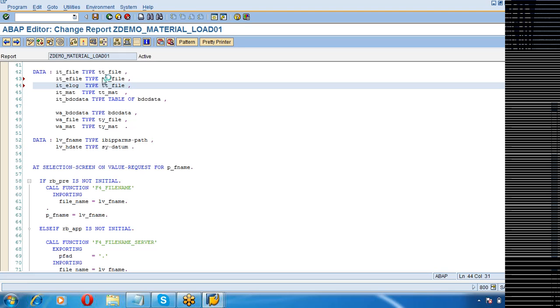Okay, so let us add two more structures over here. Why two structures? One for downloading the error file itself as it is. The way the input file is, the same way the error file, only the error records will be there. E log will be the log file. It will have the error messages. One field, two fields, three fields, multiple fields can go wrong, so all the messages will be there in the log file.